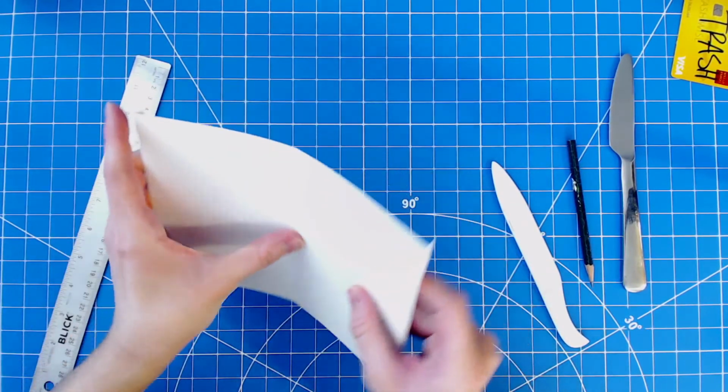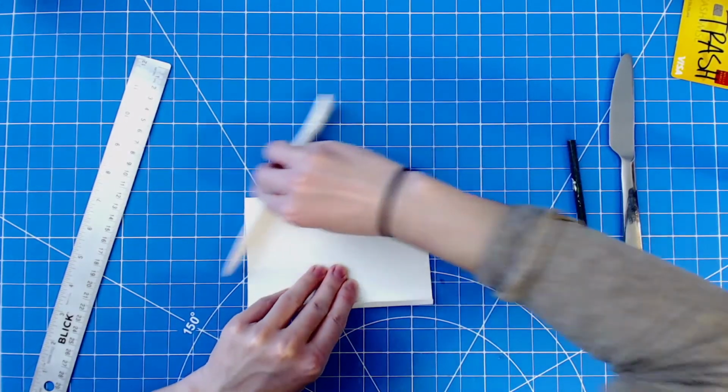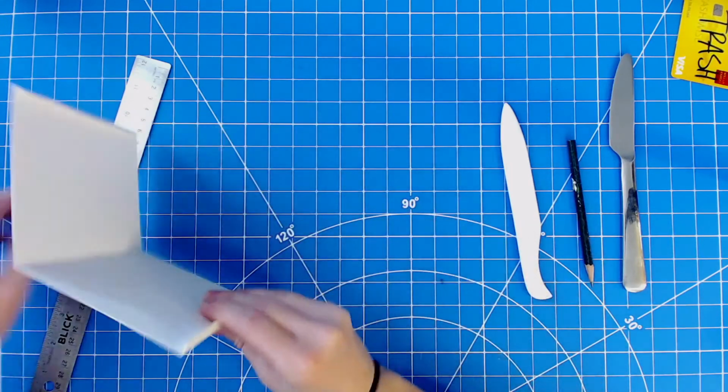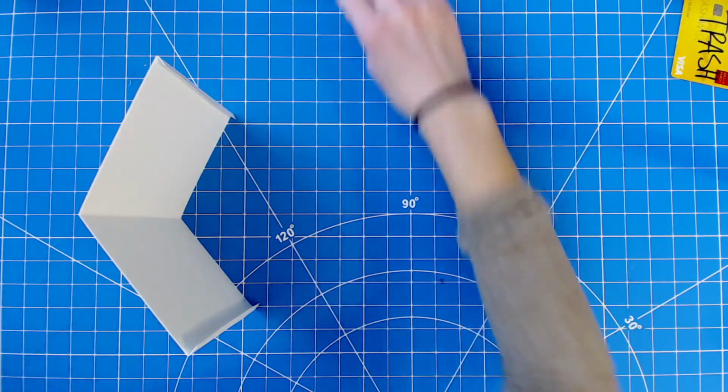Now I've got a nice pop-out page. As you can see, I'm going to go back and forth over this seam. That's going to be the middle seam, which is going to be popped out in my book, so it can go back and forth and be folded in both ways. So just to illustrate again what this might look like,